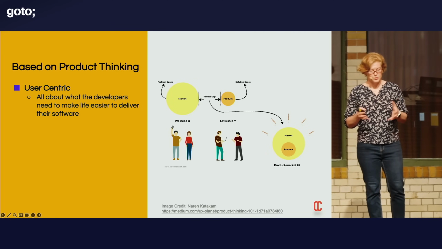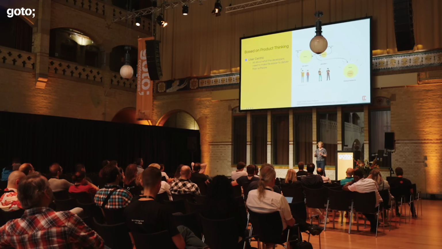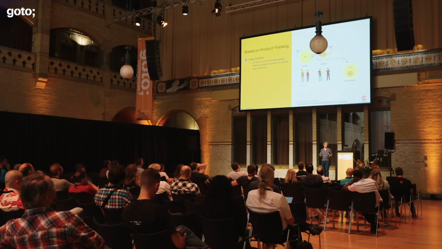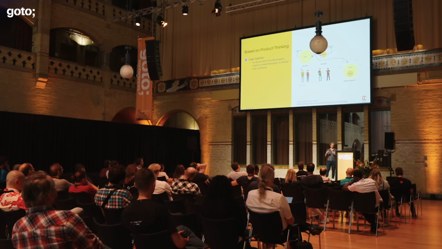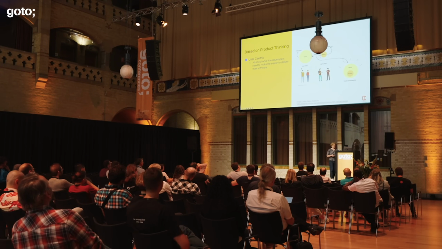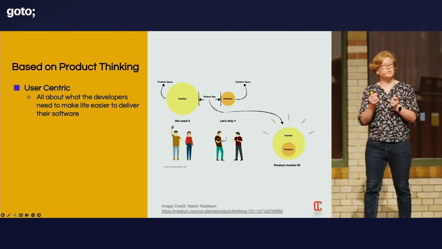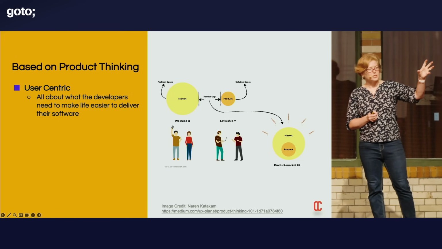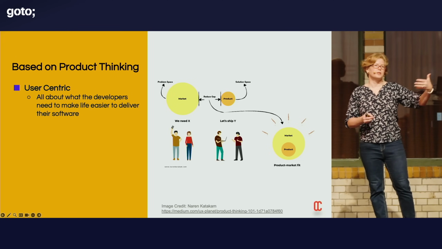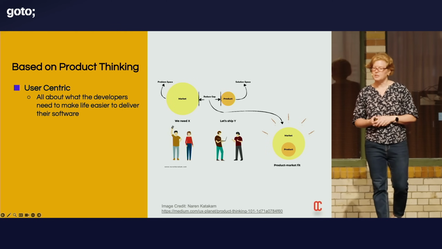Now, many platforms will often fail when platform teams go into a bit of a dark room, dream up the utopian platform, build it, and then give it to the developers and say, here you go, here's your platform. And the developers just won't use it because it won't actually be helpful at all. The problem is that we haven't done a proper product market fit. Product thinking uses techniques, approaches and tools to help us bridge the gap between what is actually required from the end user perspective and the solution space that we're building.